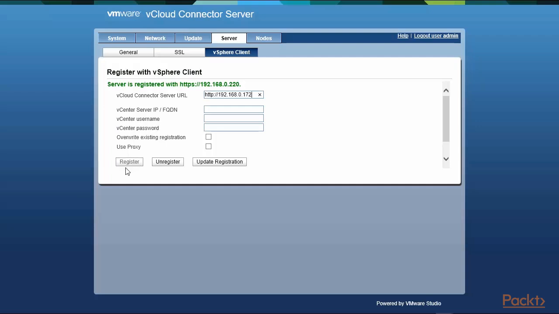I clicked the register button. So right now I don't want to unregister or update registration. But think of what has happened so far. We took the vCloud connector node and associated it with a cloud managed by this same vCenter at